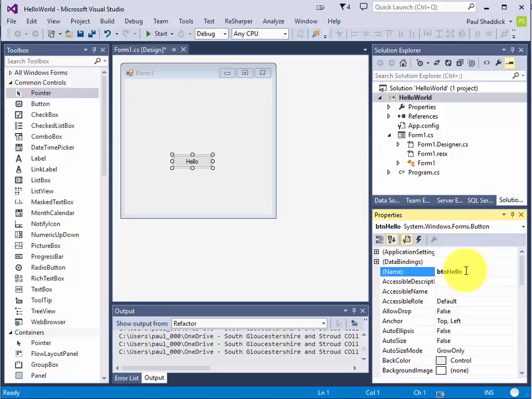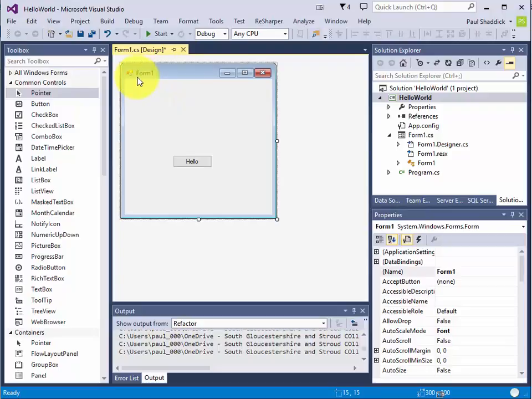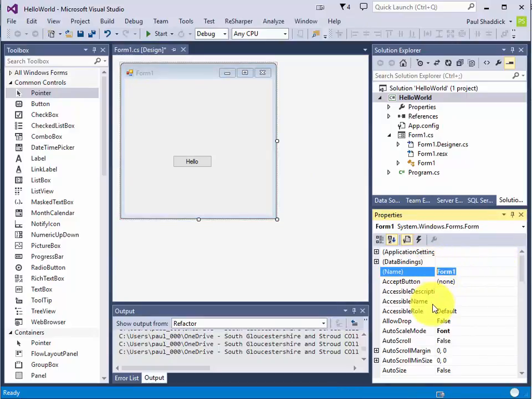Now we have a form. This form has a title. At the moment it's looking a bit grey because the form's not selected, but if we select the form then we can see it says Form1. Now we actually want to change the name of our form first of all. This is the name of the control, which is the form in this case, to frm hello,